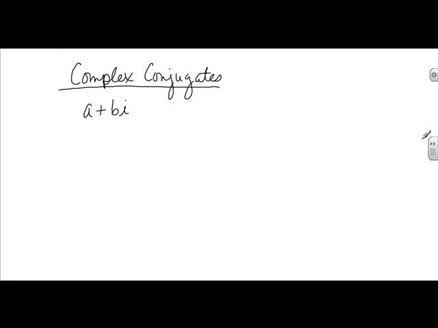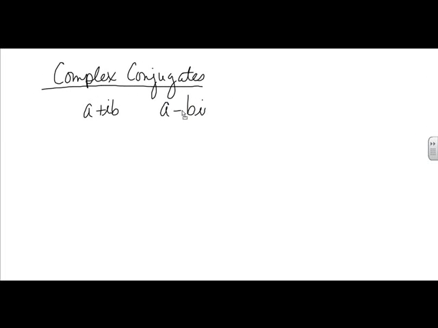I want to talk to you really quickly about something called complex conjugates. If you have a complex number, a plus bi, the complex conjugate of that number is a minus bi. Now where this becomes really interesting to us and where this starts doing something for us is